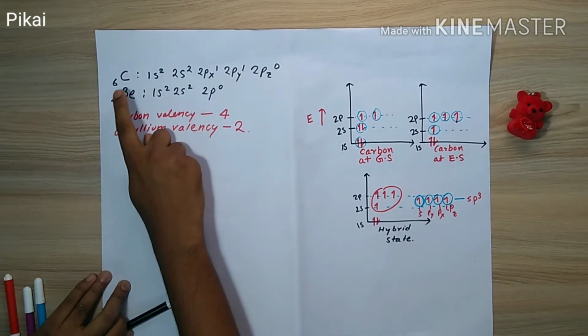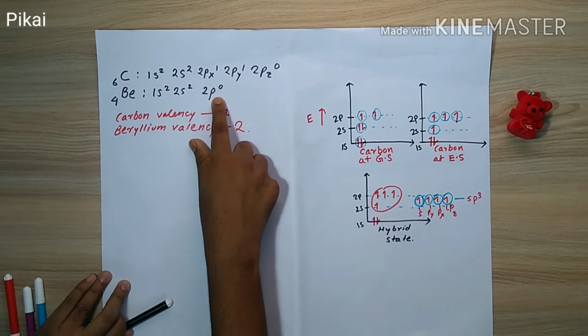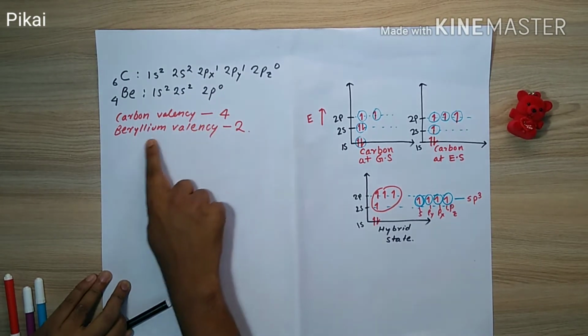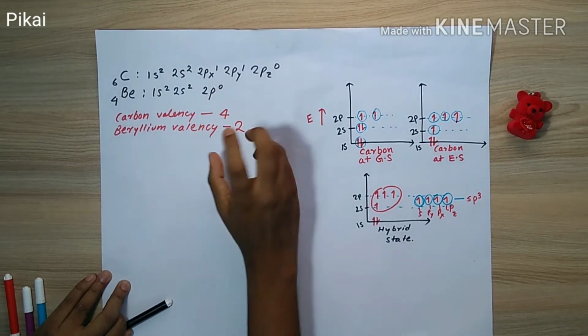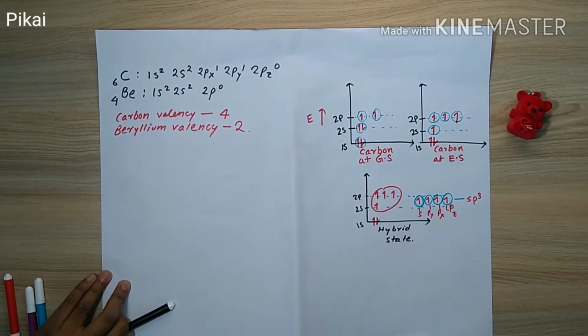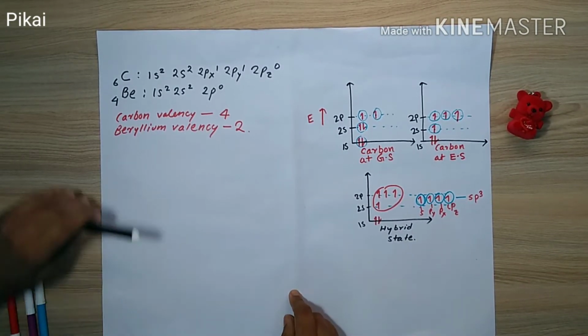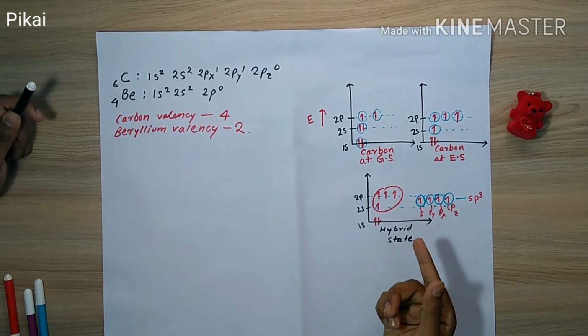In beryllium also there are no half filled orbitals, all orbitals are filled, but it is showing a valency of 2. So how does it happen? So here hybridization came. So let's take a look at the organic compounds where the hybridizations are respectively sp3, sp2